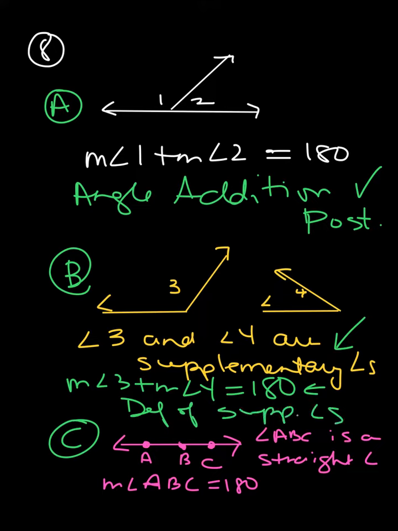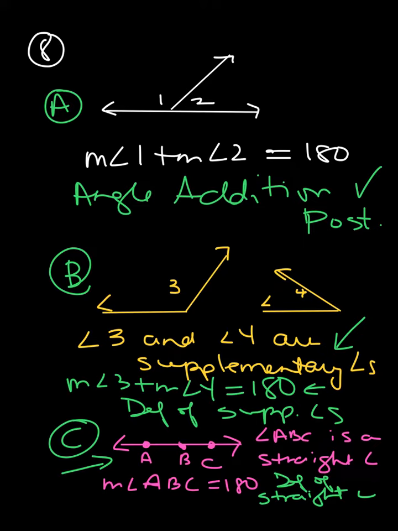Now, looking at our last sample there, letter C, we have the measure of angle ABC is equal to 180. We have a diagram here. We don't really see this a lot in a proof, but students do get this confused. If I know that angle ABC is a straight angle, because when I look at it, it's a line, I can say that the measure of angle ABC is equal to 180. The reason I can say that is because of definition of a straight angle. If I read the definition of the straight angle, it says it's an angle with measure of 180 degrees,